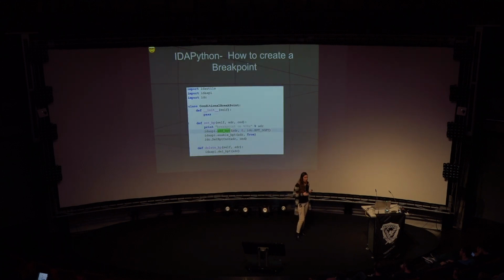So the first thing I thought about is breakpoints. It's a good solution. It gives me an option to hook some places and now be able to run my code. So how do you create a breakpoint? This is the basic thing in IDA Python. There is just one command. You can just write IDA API add breakpoint. You add the address, the number of bytes that you want for the breakpoint, and the type of